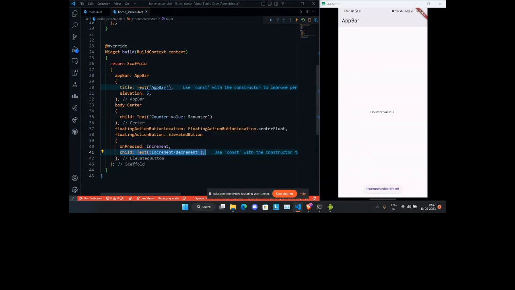Whatever text I write inside the child is going to be implemented on the button. I hope this child concept is clear to everyone. Are there any questions? Okay, I don't think there are.